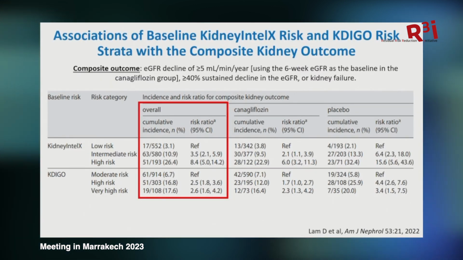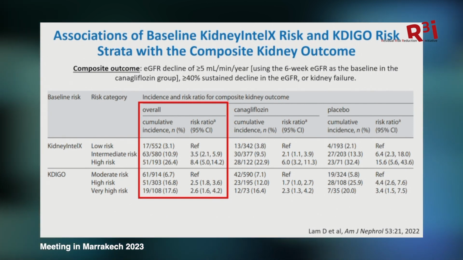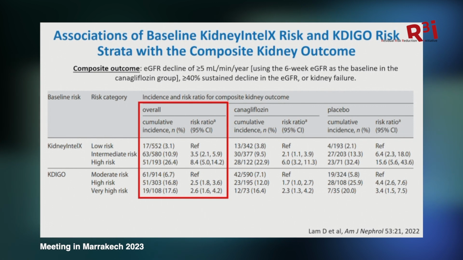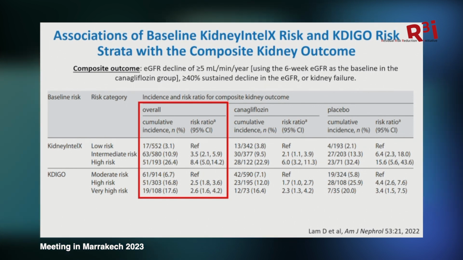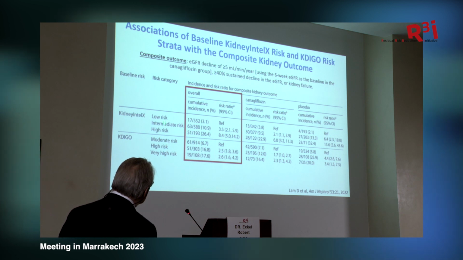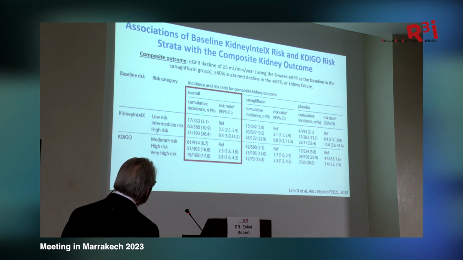So let's look at the overall data. Here's the breakdown for canagliflozin and placebo. Here are people considered to be at low risk, intermediate risk, and high risk based on the KidneyIntelX profile in estimating risk. And here's the KDIGO representation of moderate risk, high risk, and very high. If we compare low to moderate or intermediate to high, however you want to do this,